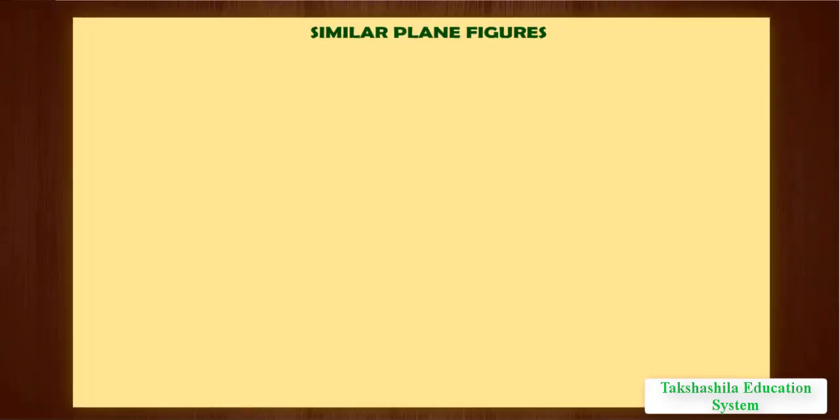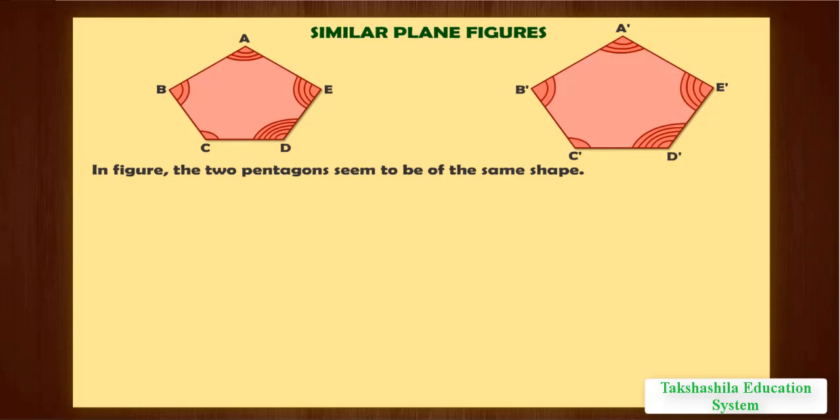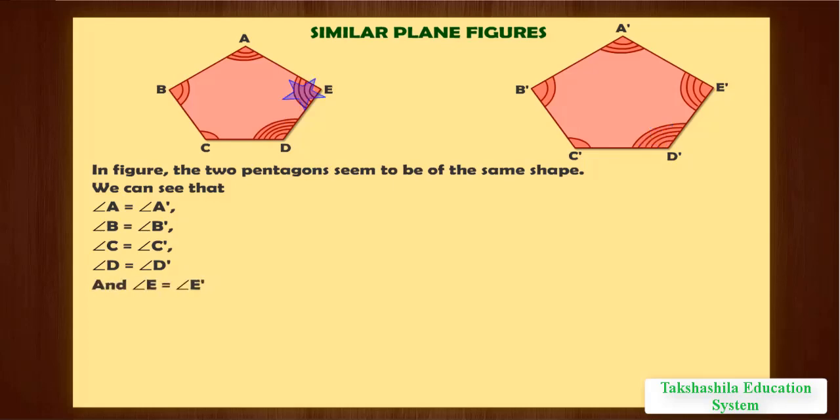Now, we will talk about similar plane figures. In the figure, the two pentagons seem to be of the same shape. We can see that angle A is equal to angle A dash, angle B is equal to angle B dash, angle C is equal to angle C dash, angle D is equal to angle D dash, and angle E is equal to angle E dash, and